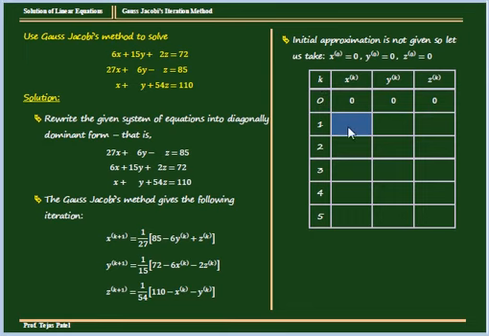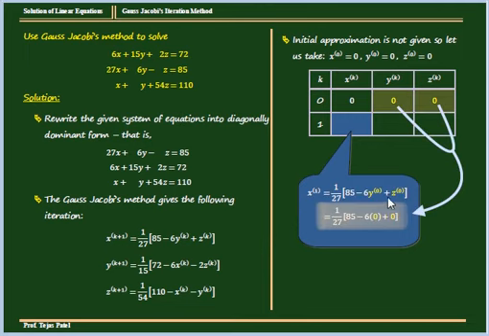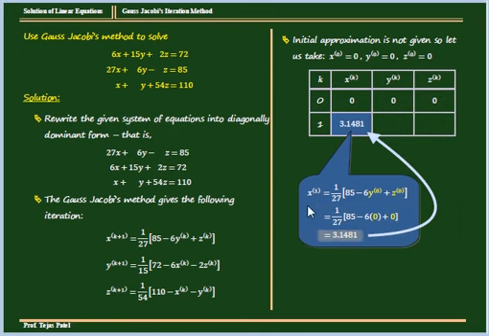Now we have to find x1, तो यहाँ पे k इक्वल टू 0 सब्स्टिट्यूट करेंगे तो x1 की फॉर्मूला होगी 1/27 85 minus 6y0 plus z0, and we can see that y0 और z0, तो यहाँ पे y0 की वैल्यू 0 है, z0 की वैल्यू भी 0 है, उसको substitute करेंगे and simplify करेंगे तो it will be 3.1481, तो ये वैल्यू यहाँ पे आ जाएगी.